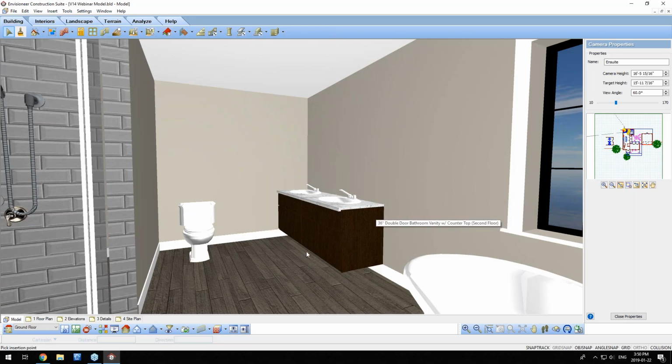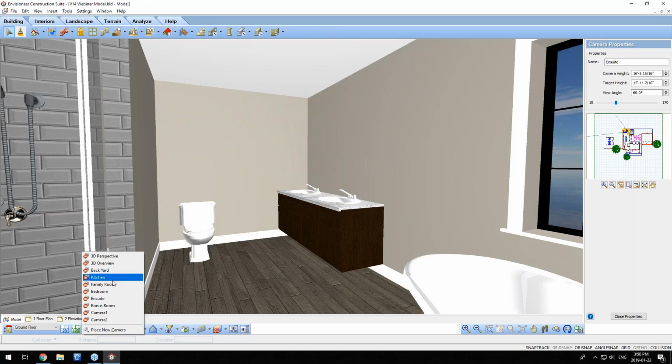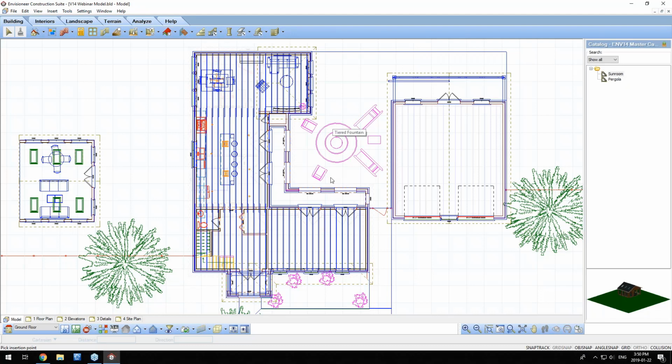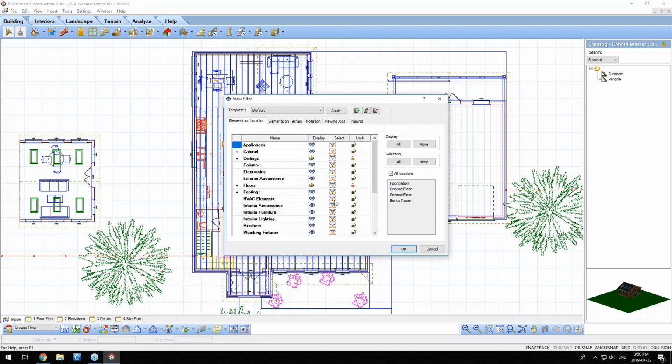The ability to match properties. If I go back down into that kitchen view, the cabinets previously were gray, but using match properties, I updated the entire house to match that island so they all have the same appearance. We also talked about, and if I turn back on the roof framing,